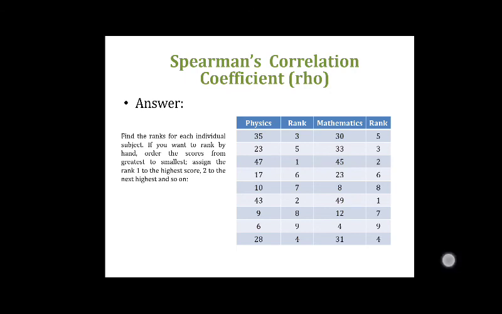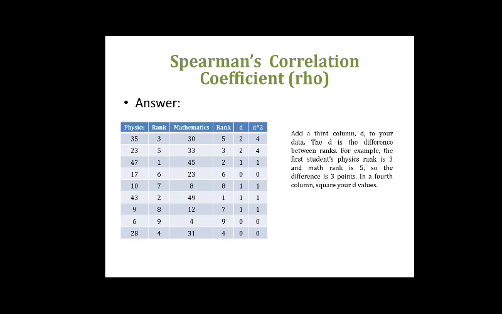Okay, now what is the next thing? I have to find out the difference between the ranks. Now you can see here one rank is 3, another rank is 5. What is the difference between them? 2. It doesn't depend on the sign. You can make it 5 minus 3 or 3 minus 5. The sign is not important because we are taking the square. If we square a negative number, it is going to be positive. So the sign doesn't matter over here. You can see that 3 minus 5 is 2, then 5 minus 3 is 2.